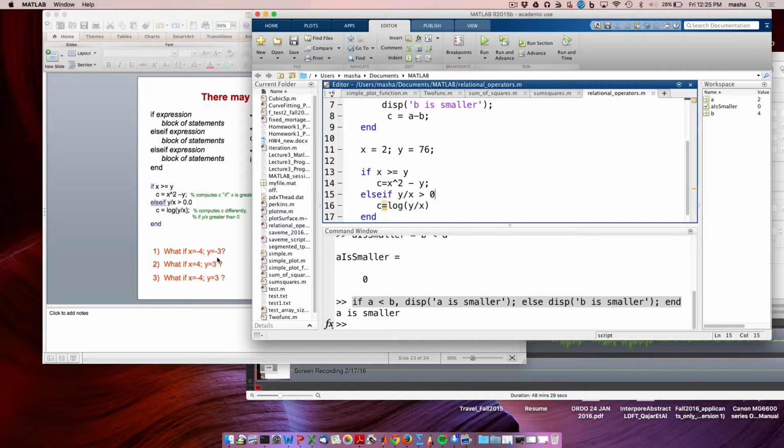What if I have 4 and 3? 4 is larger than 3, so the first statement is executed. c is equal to 4 squared, 16 minus 3. And then I'm never going to go to the rest of the statements. I'm just going to go to the end and be done with it. And finally, if I have minus 4 and 3, the first expression is not true. Second expression, y over x is not larger than 0 either. Okay? So my c will just not be set,